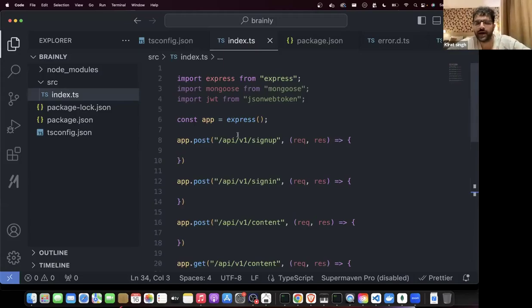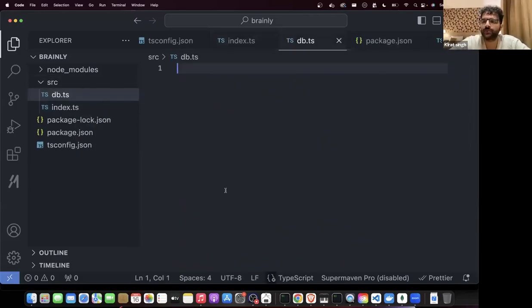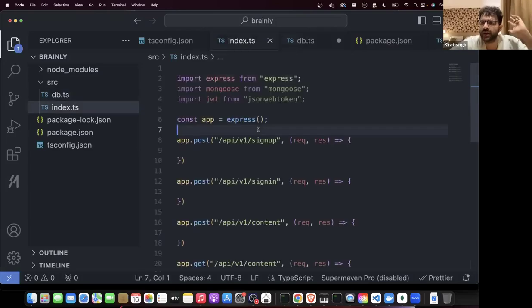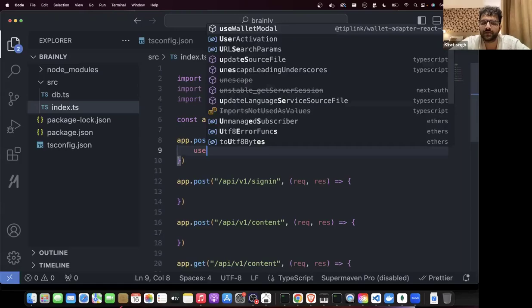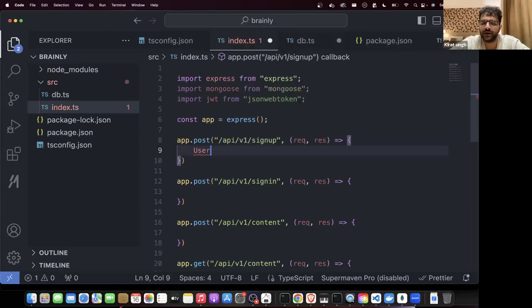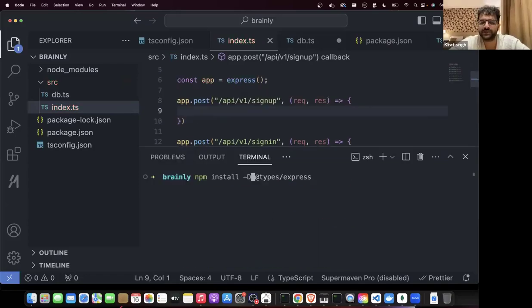Get MongoDB. Write the db.ts file where you write all the database logic. Create user models and schemas here. Import them here. Do the CRUD applications. User dot create. That's what you have to do here, what else. Simple enough. Let me push this initial bootstrapping to GitHub. You can start from there and start to write some code. After this I'll discuss the architecture of the AI bit. Then I will also code this a little bit. Okay.